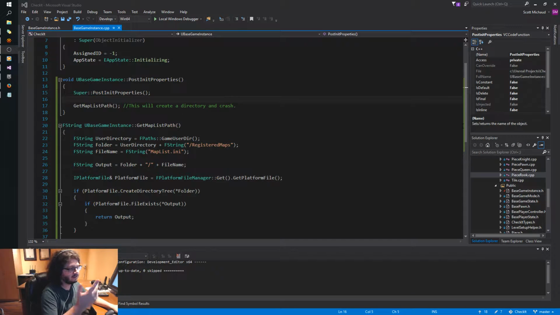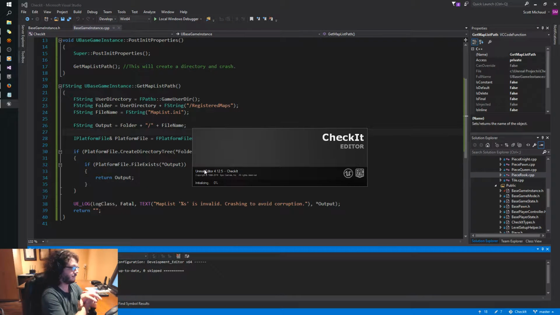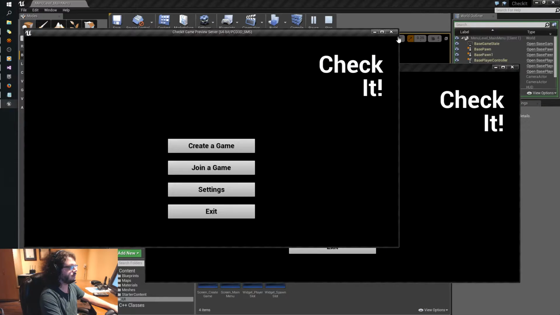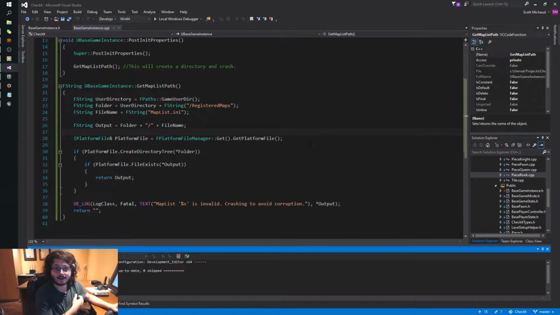Save. Actually, don't need to save. It's Explorer. So now if we start again, it will load, or it should load. Okay. So now it loads in fine. Okay. So now we can then add our data to the text file